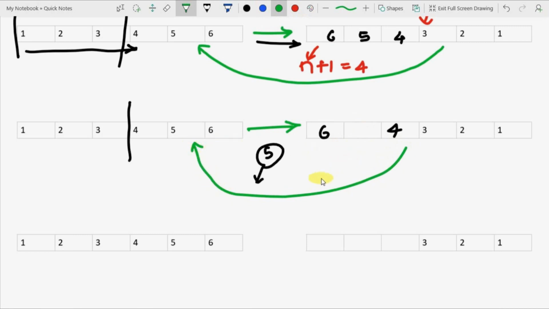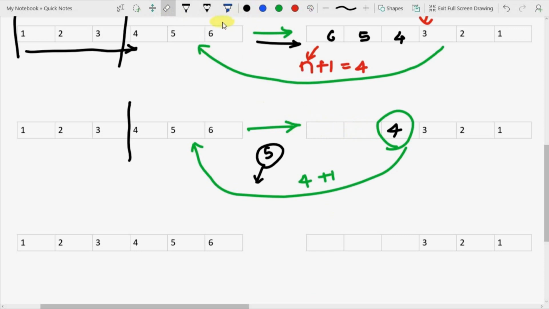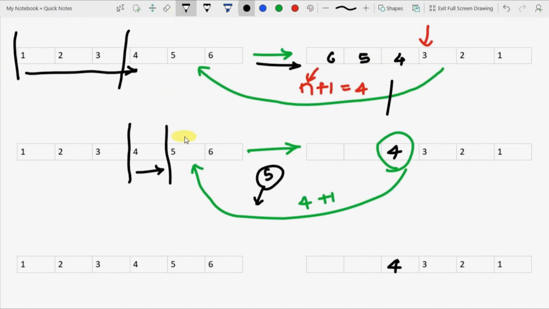It acknowledges the sender that the next data which should be sent is 4 plus 1, because here 4 is the last data which is properly received by the receiver. The receiver even discards the 6 because the in-between packet was missed already. So the transmission again occurs from 5. The sliding window will be moved from the 4th position to the 5th position, so that the data which should be sent is 5 and 6. Now the sliding window is in the 5th position.